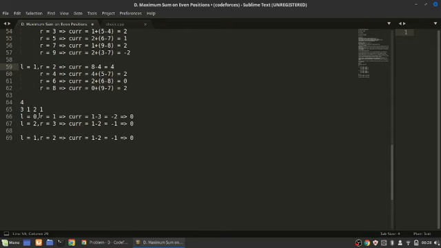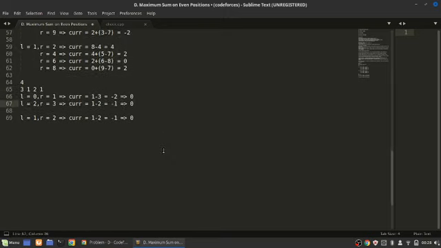Now L equal to 0 and R equal to 1. So our current is 1 minus 3, which is minus 2. Now this is negative, so as discussed above, we need to discard this subarray entirely. So we move to L equal to 2 now. Now as L equal to 2 and R equal to 3, we take this subarray, and here too it is 1 minus 2, which is minus 1. So this is again negative, so we keep 0.